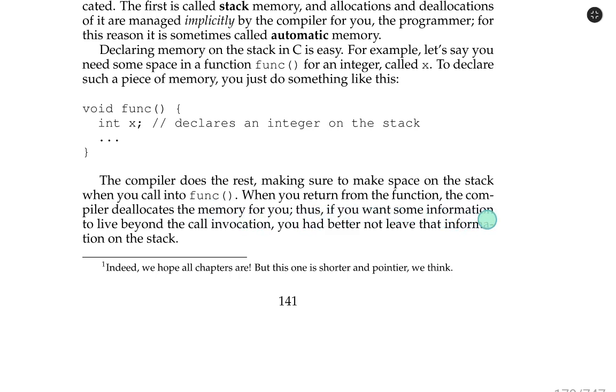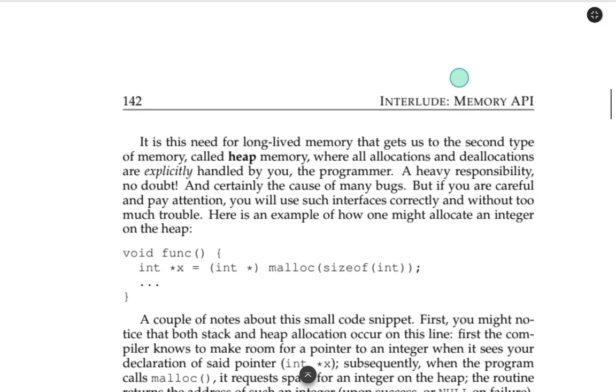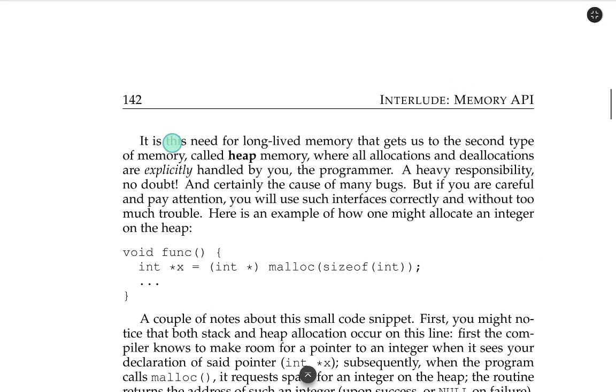Thus, if you want some information to live beyond the call invocation, you had better not leave that information on the stack. It is the need for